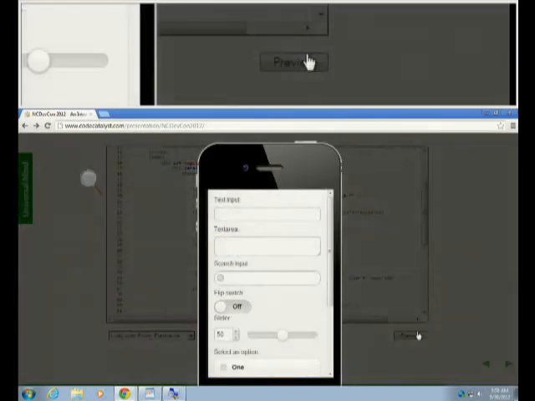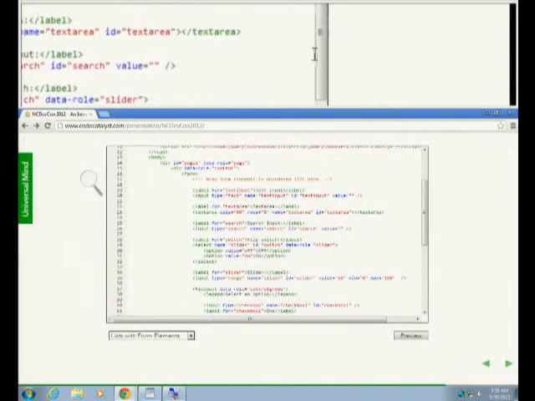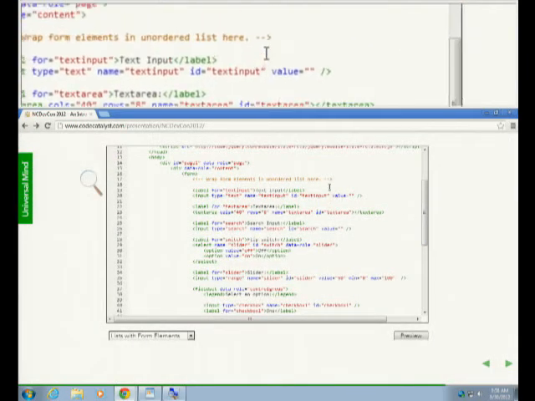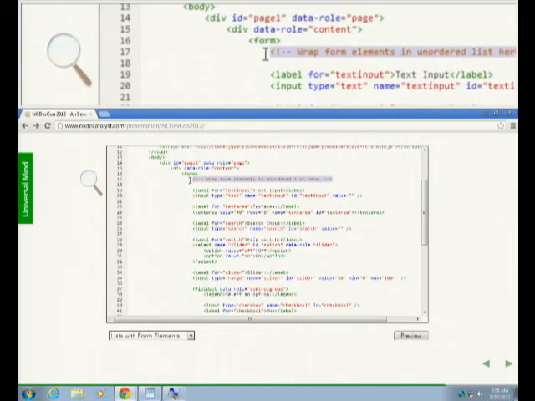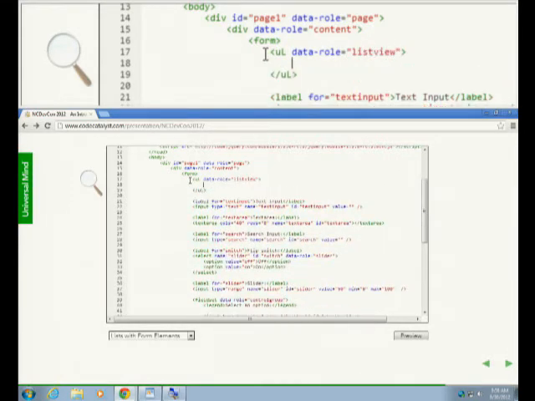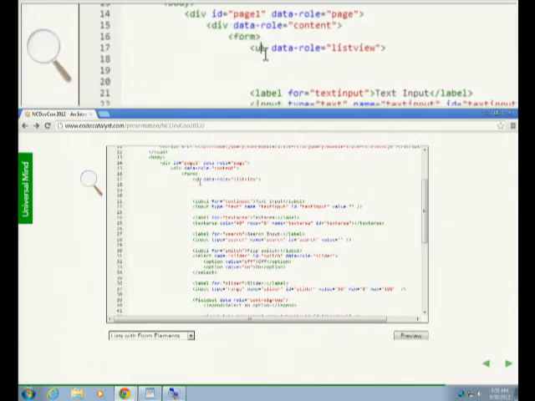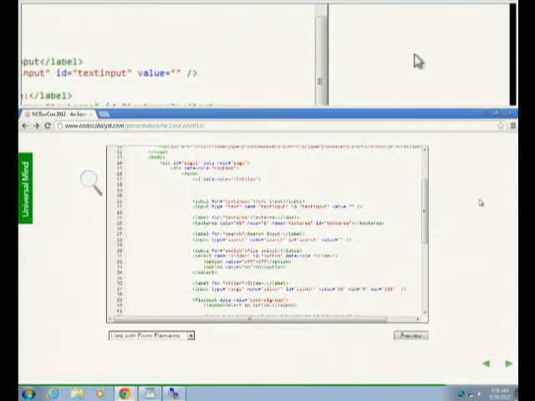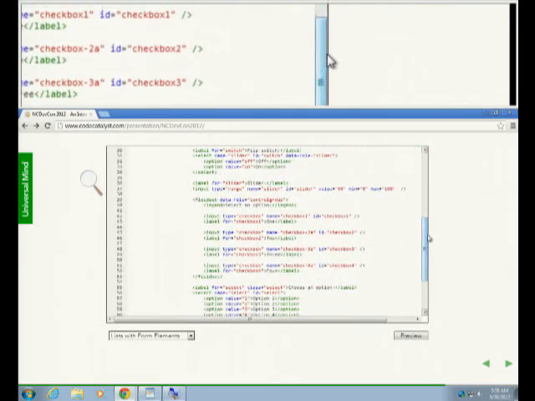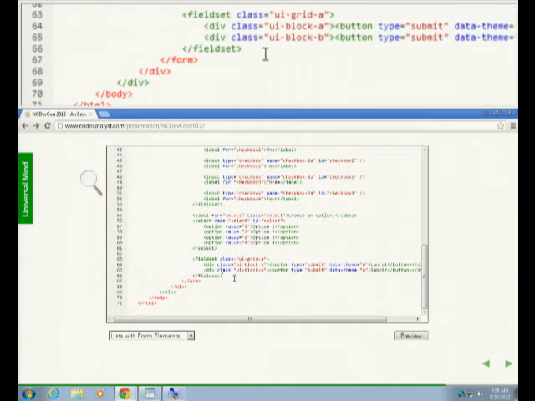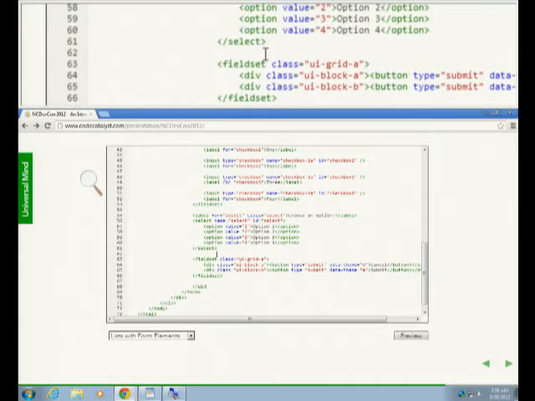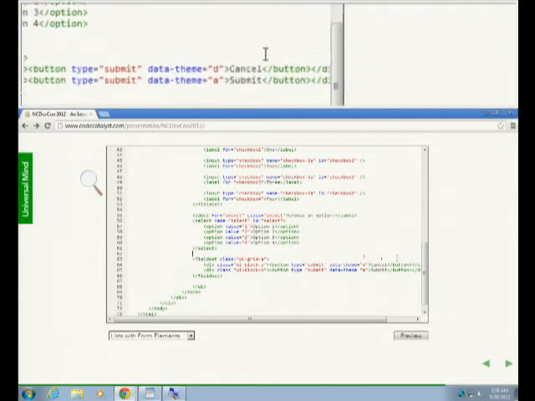This one, let's choose the lists with form elements. Now initially we have a standard form. Forms can be embedded within lists. So I can do an unordered list with a data role, list view. That should be a lowercase l. My apologies. We'll go ahead and put that closing tag here at the end so we don't forget it. And if we embed each of these in a list item,